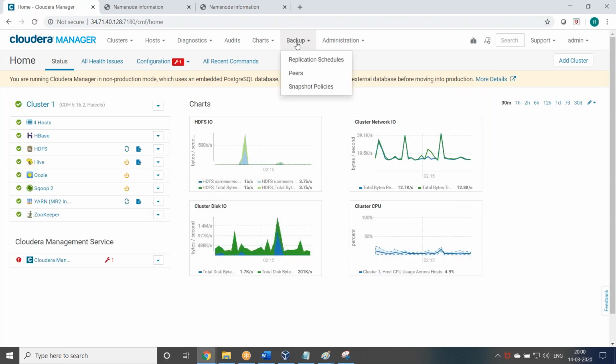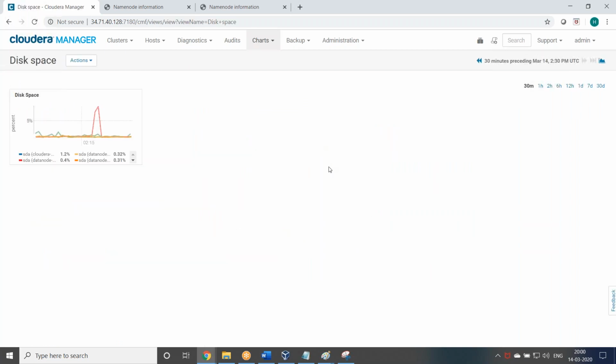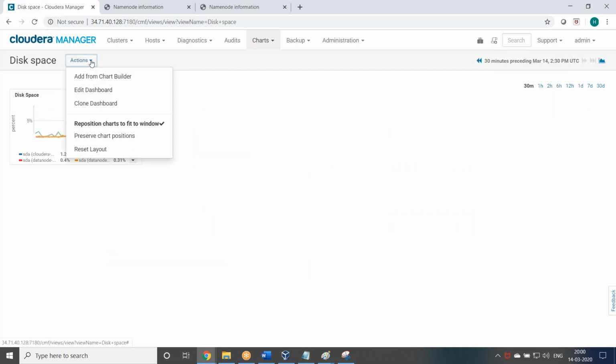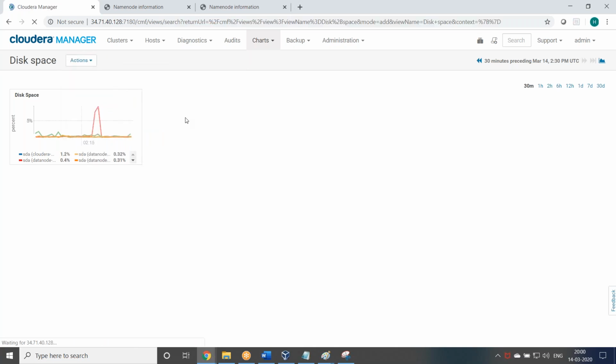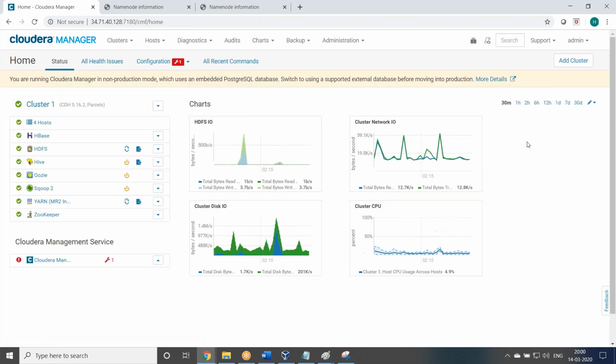Here it is not added, we can add it. Disk space. So add this chart from chart builder. Should it be in the dashboard, right?